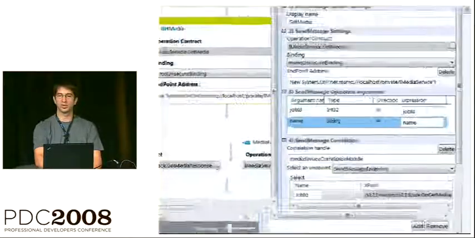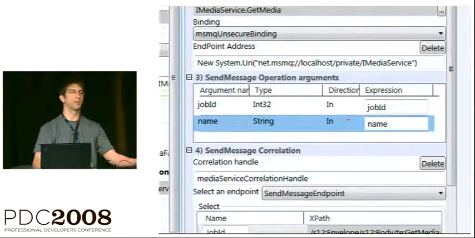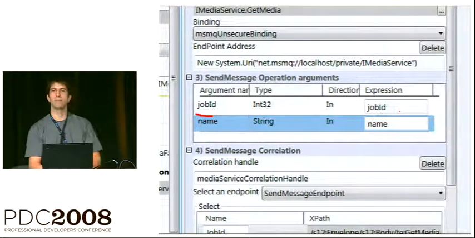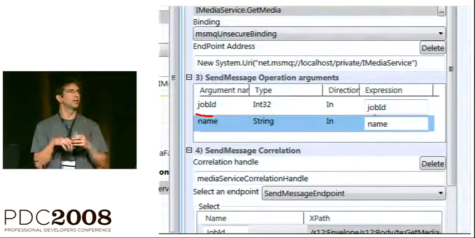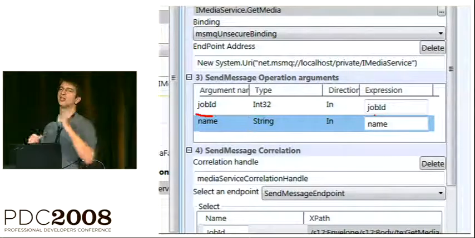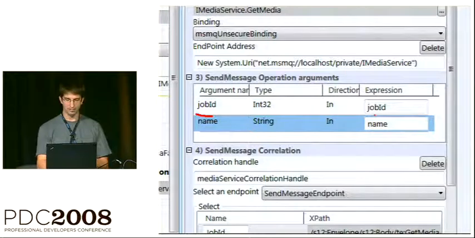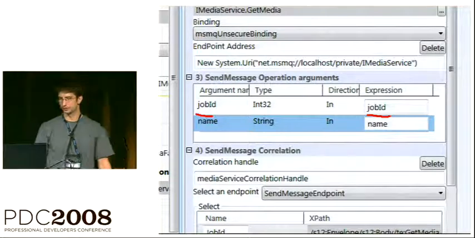If we look at the contract for Get Media, you can see that it takes another parameter named job ID. I've declared this variable that's associated with this workflow instance state. I'm going to initialize that variable to some random number between 1 and 1,000. And I'm passing it in here to my call back to the media service.